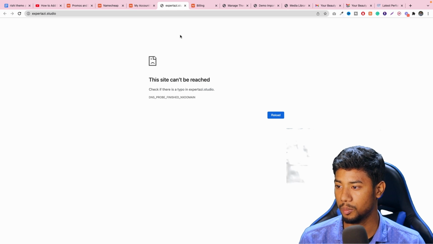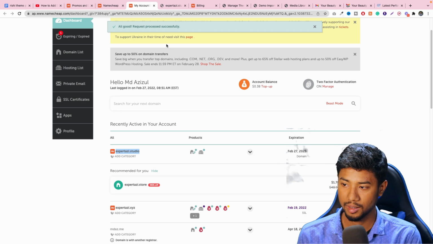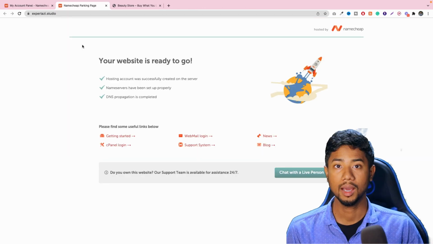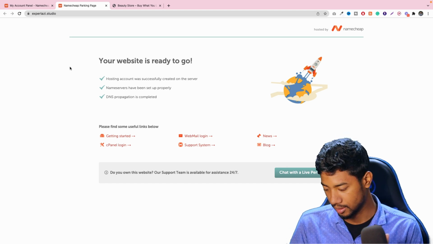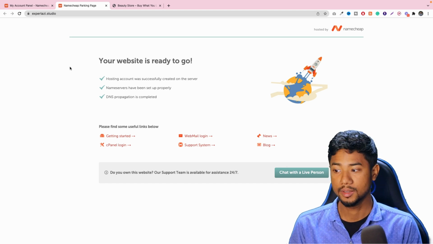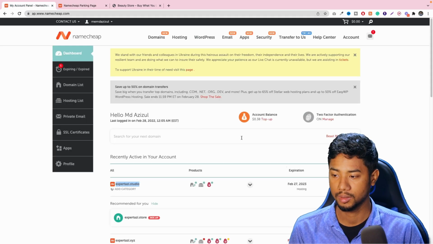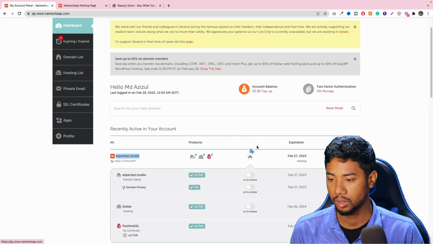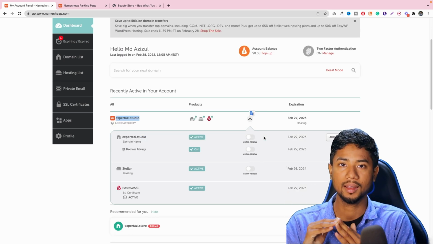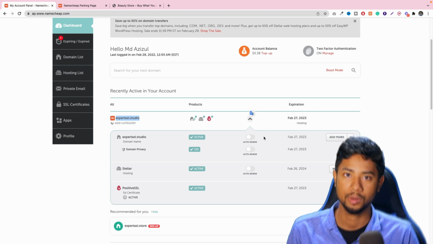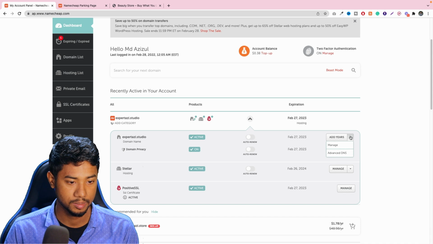This is not pointed to the hosting. I think it takes a little bit of time. I think after a few minutes they will add everything. Now let me tell you one thing: previously you saw that we were getting "your site cannot be reached." So if you are getting the same issue, then you have to check your hosting, because if your domain and hosting are not connected successfully, then they show this type of error. So if you come here to this domain name, and just go to here, this Manage, just click on the Manage button,